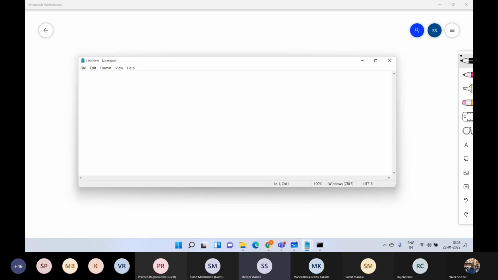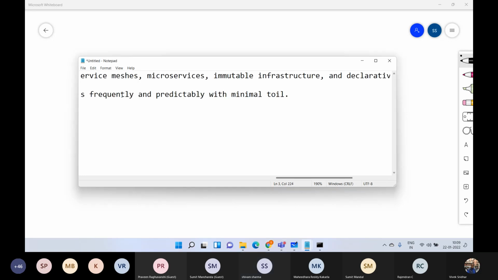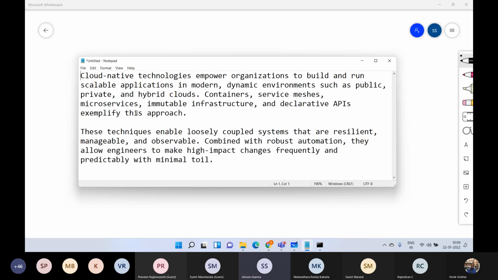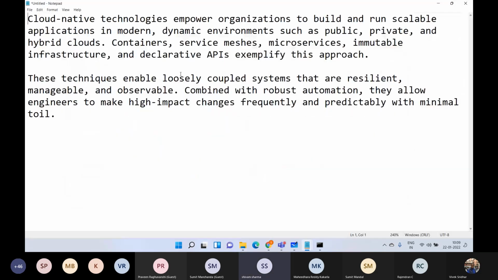Now, the definition of cloud native, so we are going through the definition from the Cloud Native Computing Foundation itself, and the official definition of cloud native is something like this. Put it here. So the cloud native technology